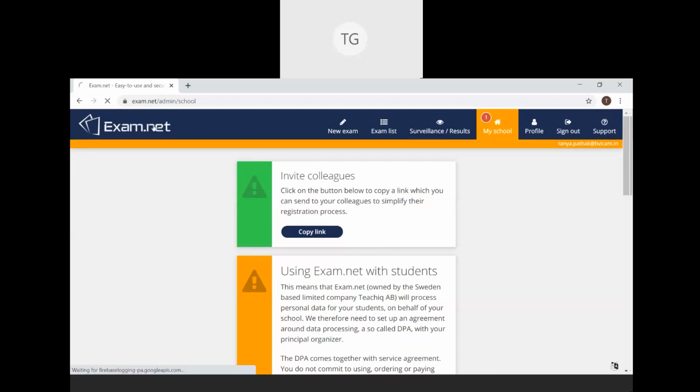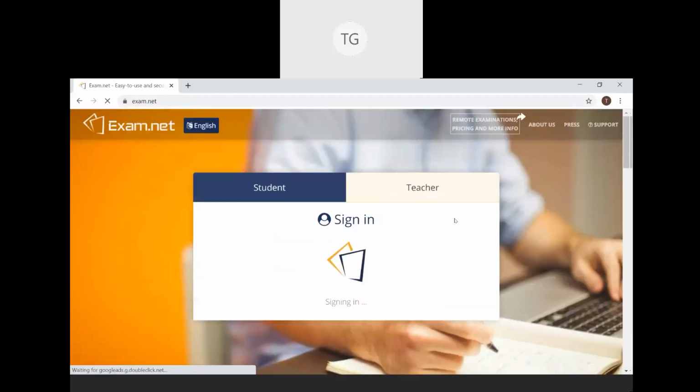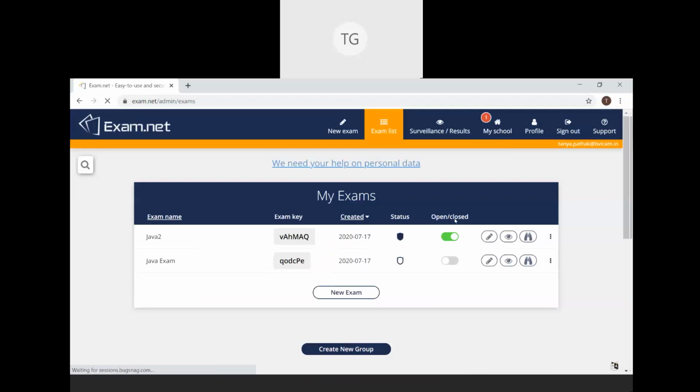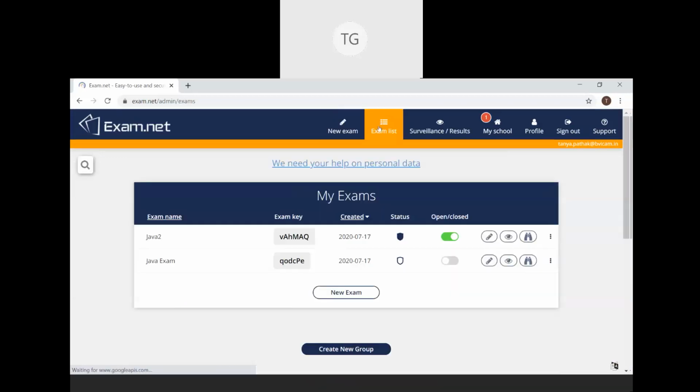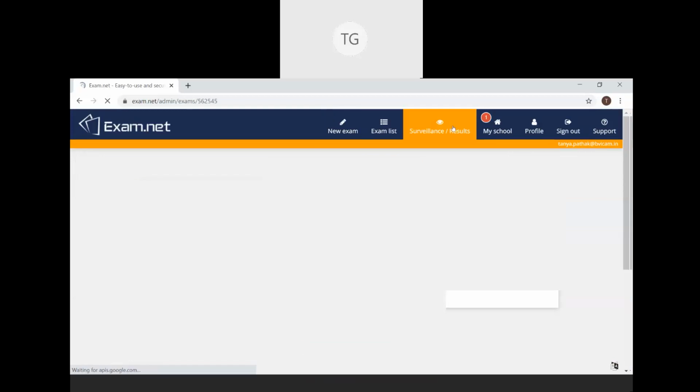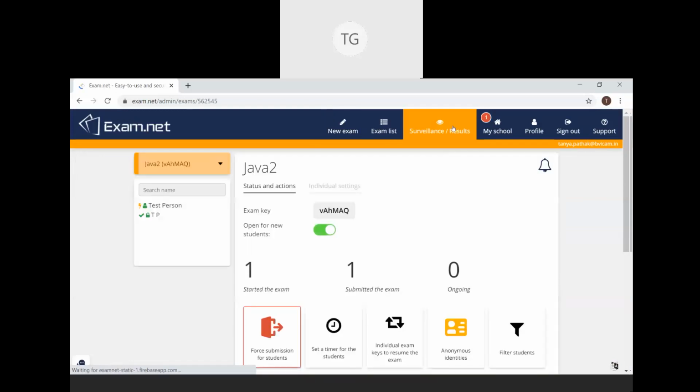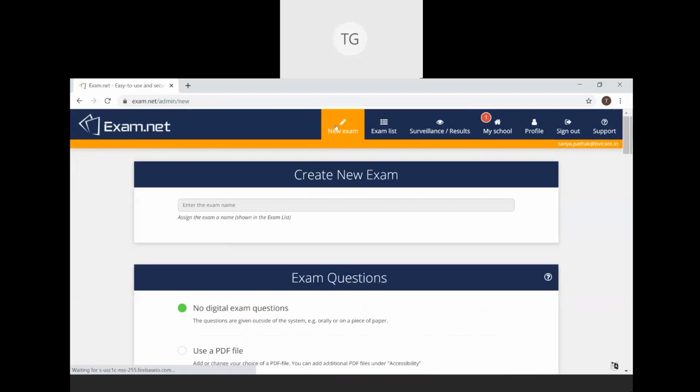You can click on exam.net here. I have logged in as a teacher. I can create an exam. I can view my exam lists, or I can see the surveillance or results of the exams which I've already opened, right? So if I have to first create a new exam, this is probably the easiest portal to create an exam. There is literally no technical detail involved.